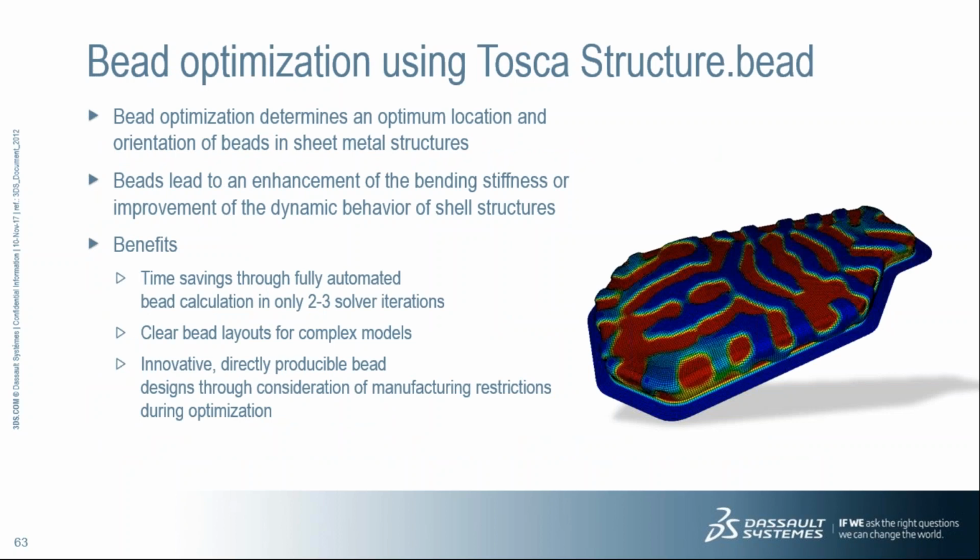Bead optimization determines an optimum location and orientation of beads in sheet metal structures. It applies the optimization tool onto a sheet metal component where an external stiffener cannot be applied because of manufacturing constraints, so that we can create beads with regular width and depth of the bead designs, thus optimally utilizing the sheet metal component and